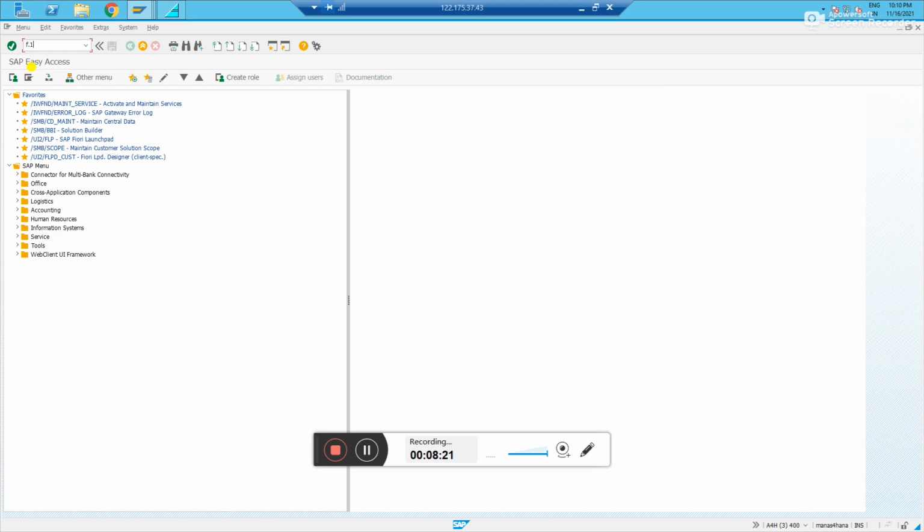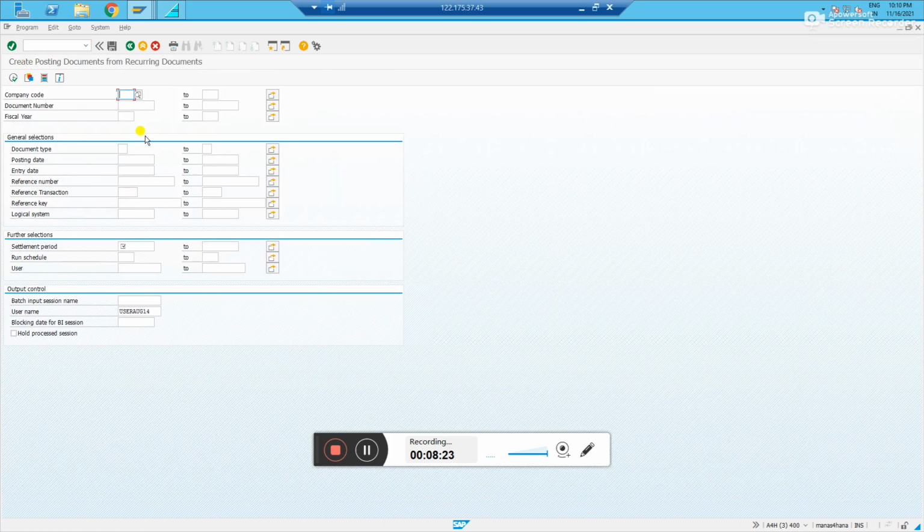To post the recurring entry, we have to go to F.14, select your company code. If you know the recurring document number, you can directly give it and post. Otherwise, give it blank. It will pick all eligible numbers. Okay. Our number is 5000, right? Let us give the settlement. For which month are we posting a recurring entry? November month, right? 01/11/2021. November is the 8th month for us, right? 8th period. Yeah. Let us give the period. Here you just execute.